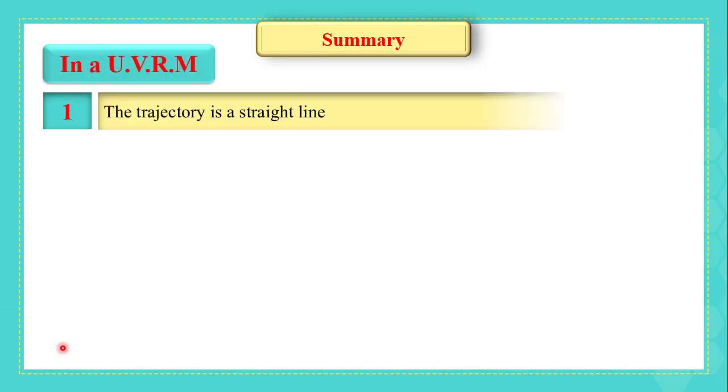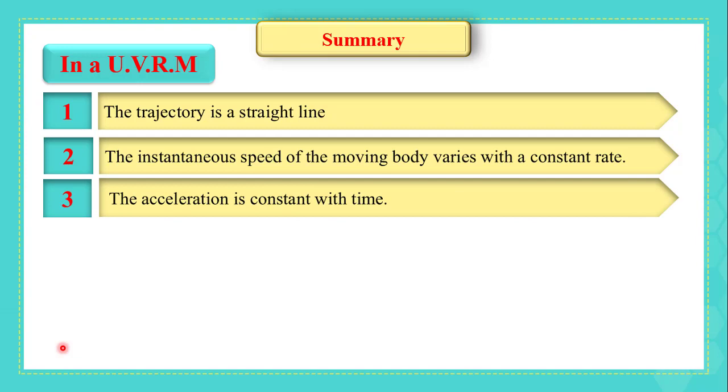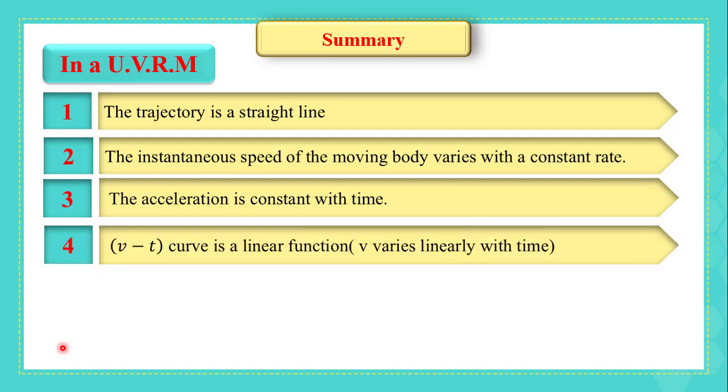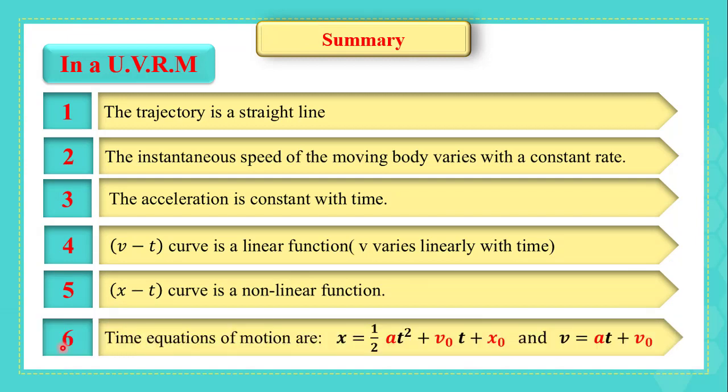Let's summarize the ideas of this video. In a uniform varied rectilinear motion, the trajectory is a straight line. The instantaneous speed of the moving body varies with a constant rate. The acceleration is constant with time. The vt curve is a linear function. The xt curve is a non-linear function. And the time equations of motion are x equal half at squared plus v0t plus x0 and v equal at